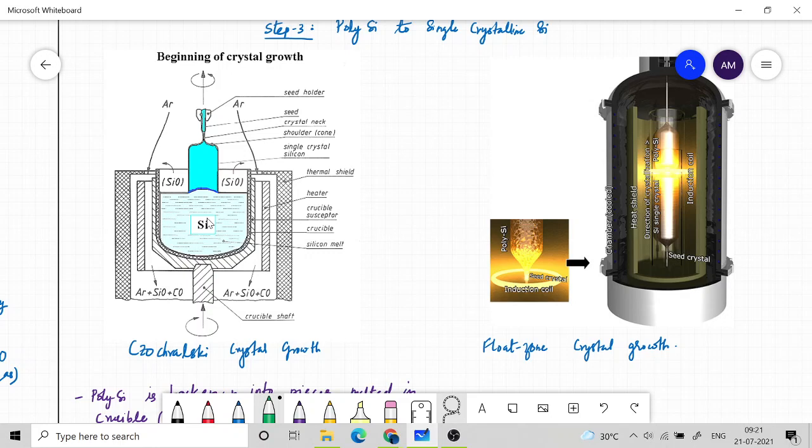crucible, and they will also take the position of silicon in the crystal, and that way you will get, say, n-type silicon material. And if you introduce boron, then boron atoms will take certain places in the silicon. Depending upon the concentration that you want, you introduce that much fraction of material.